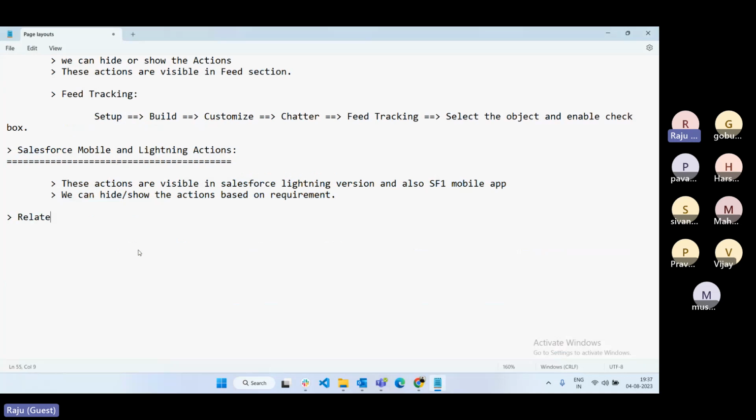Next one is related list. Same story here. So what information does the related list contain? Does it contain child information or parent information? Child information, right? So the related list is nothing but child data, and we can control